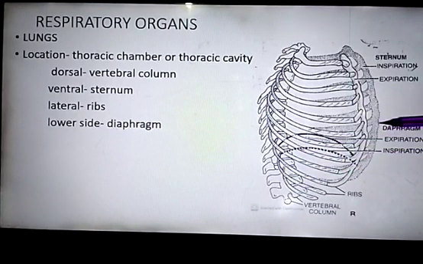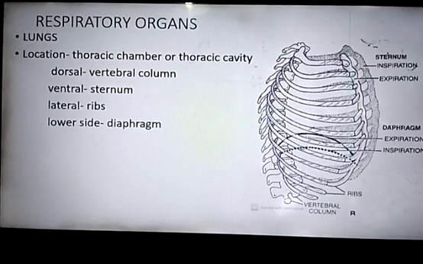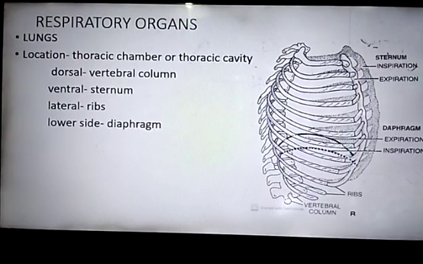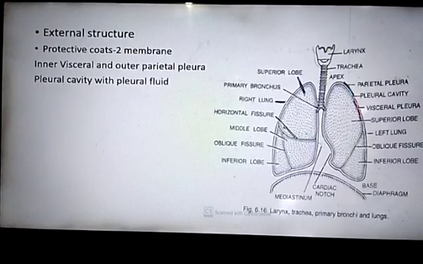The anatomical setup of the lung in the thorax is such that any change in the volume of the thoracic cavity will be reflected in the lungs. What does it mean? If the size of the thoracic cavity increases, then the lungs expand. If the size of the thoracic cavity decreases, the lungs contract. Such an arrangement is essential for breathing, as we cannot directly alter the pulmonary volume.